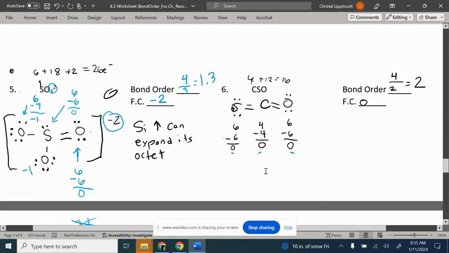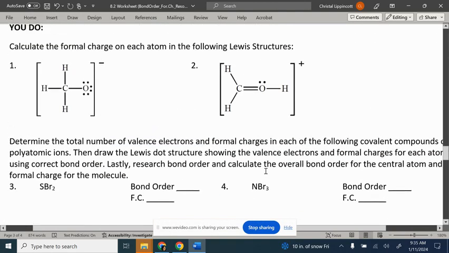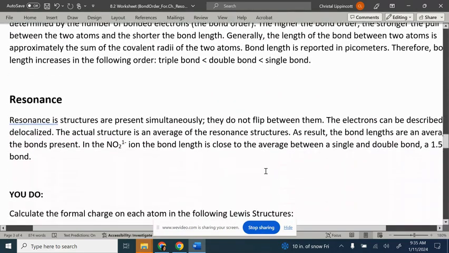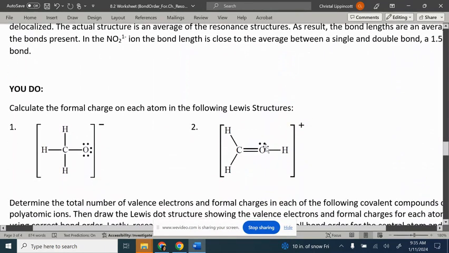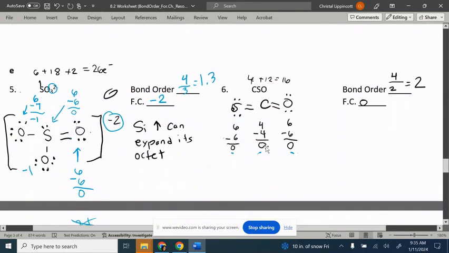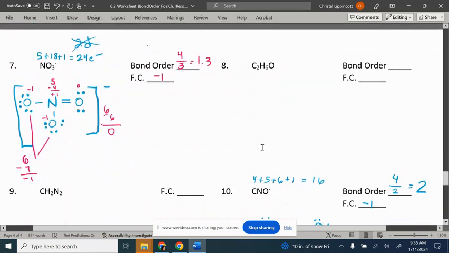All right, so we needed to talk, and I've got 4 minutes, and that's all it's going to take. We needed to talk about something called resonance. Resonance is where you can end up drawing a structure differently and still have the same results. So I'm going to just take this guy for an example because it is easy to work with, and I've got a little bit of space here. I can draw this nitrate